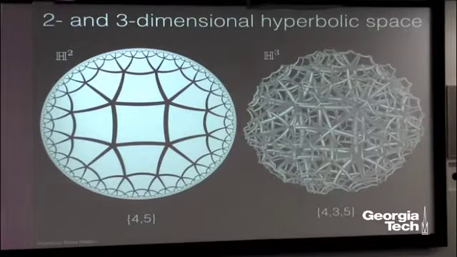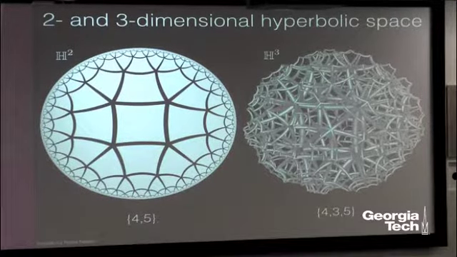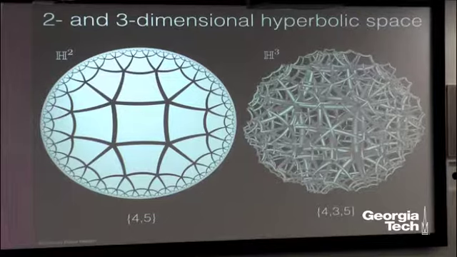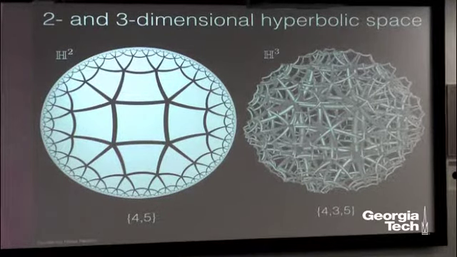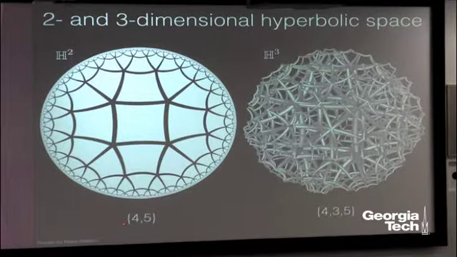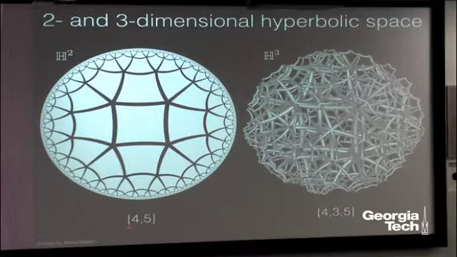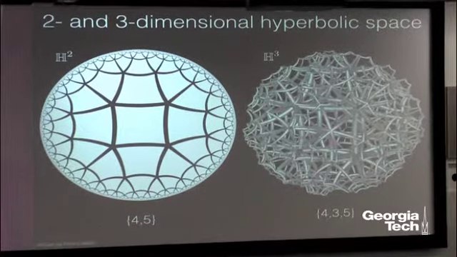So now we're going to go to hyperbolic space. Let's think about how we extend this. This is our tiling here: 4, 5. The cells are squares, and we've got 5 around every vertex. If we took actual squares and tried to fit them in the plane, this would ruffle out of the plane. So this gives us some tiling of the hyperbolic plane.